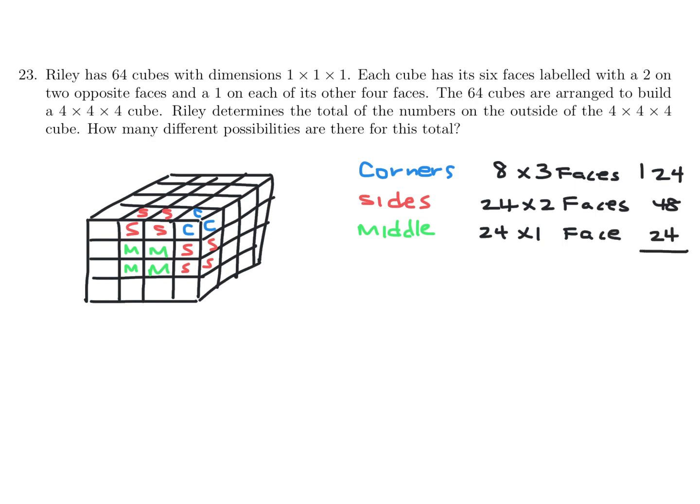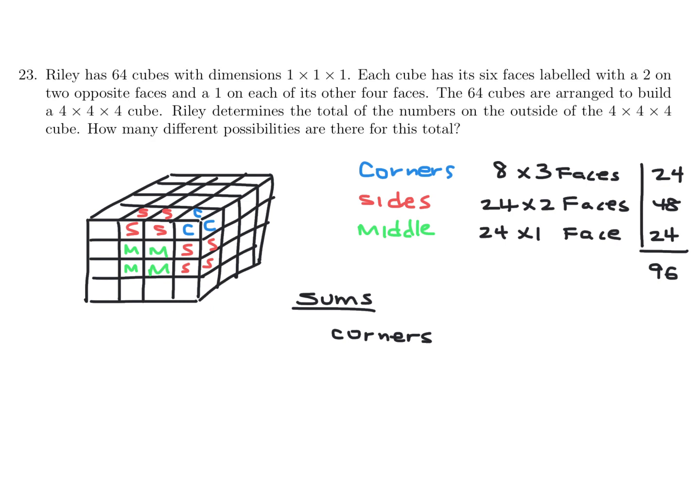So let's see here. If I add up these guys, it's 96. Is that 96? Is that consistent? 16 times 6. Yeah, that is consistent with what I should have gotten. Okay, good. So I'm on the right track here. Now we got to figure out the sums of the numbers. So for the corners,